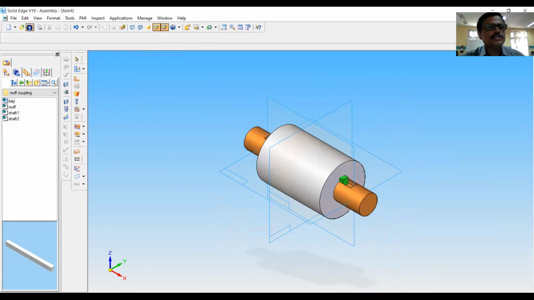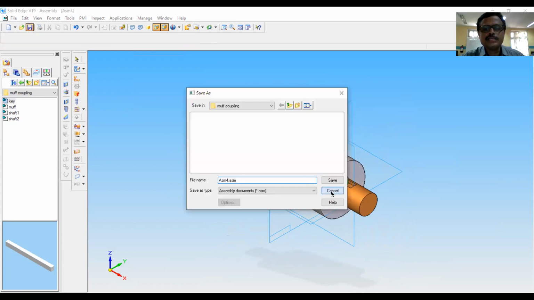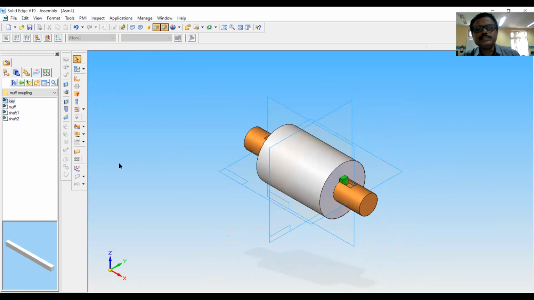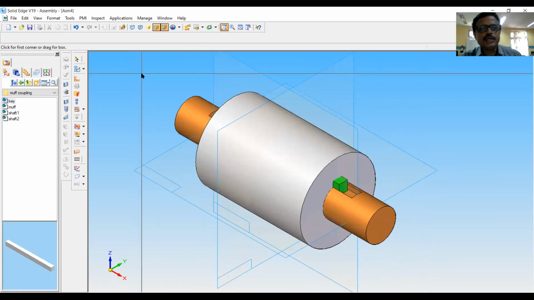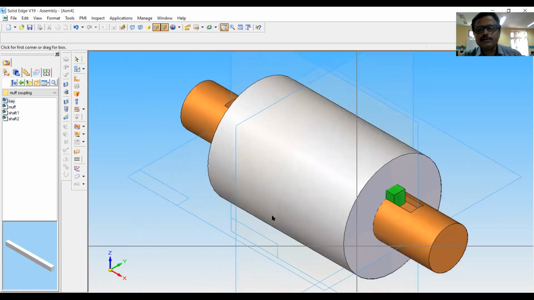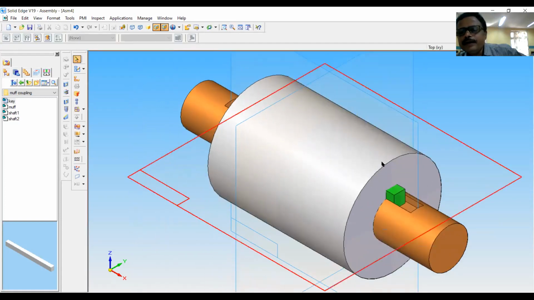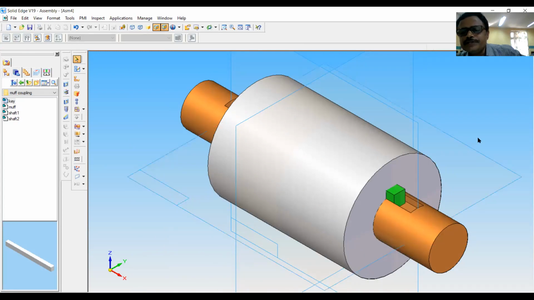So what we have done in this case is we have assembled all the components done with the help of equations. You can see the muff coupling assembly, which we have done with the help of equations. Okay.